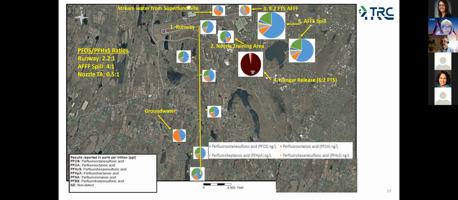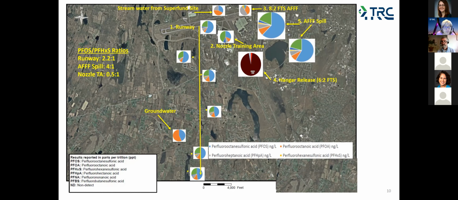Second, there was a nozzle training area. This eventually goes to the creek and to the lake. Third, on the top up here, this was a PFOA-rich source. So it was kind of an oddball. It's a different signature that we think may be associated with 8,2-fluorotelomer sulfonate AFFF, not 100% sure. But it was small and it was like a low mass source. The fourth was a hangar release. This was from a new modern foam. It was barely detectable after 2 months and not a major constituent after 2 months.